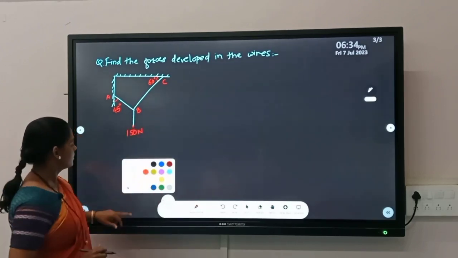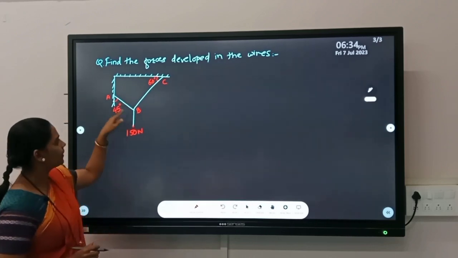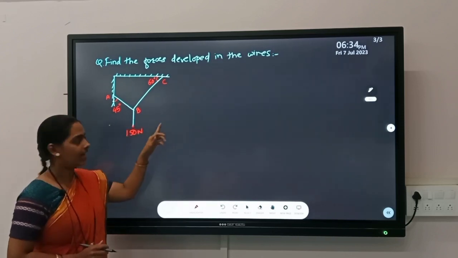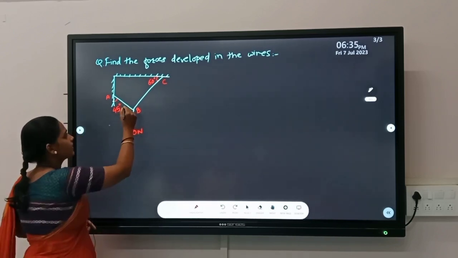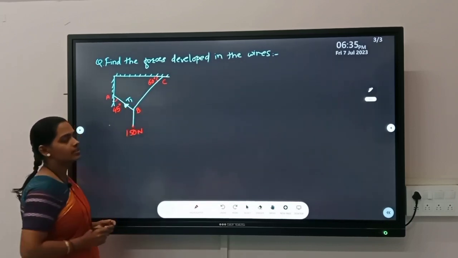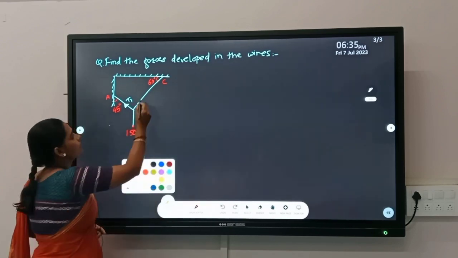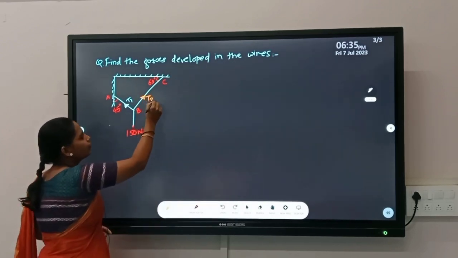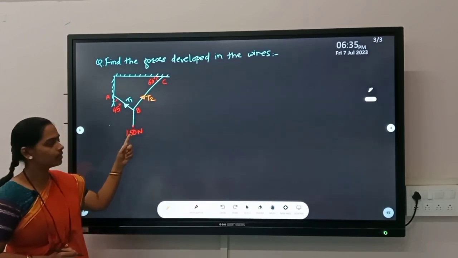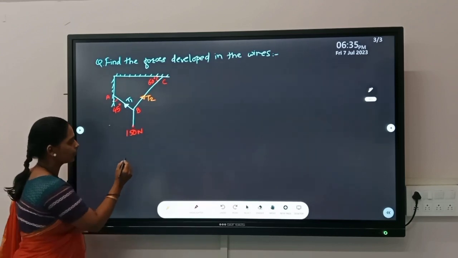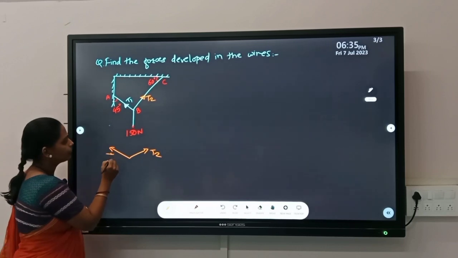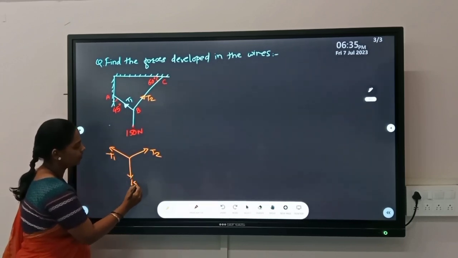So how to draw the FBD? Suppose I cut this particular AB string, then what will happen? The string will swing like a pendulum like this. That's why there is a tension present, and it is obviously away from this particular point. Suppose it is called T1. Then another force T2 is also present away from this point, and the self weight of the body is acting 150 Newton vertically downward. So the FBD becomes T2, T1 forces and the self weight of the body, 150 Newton.